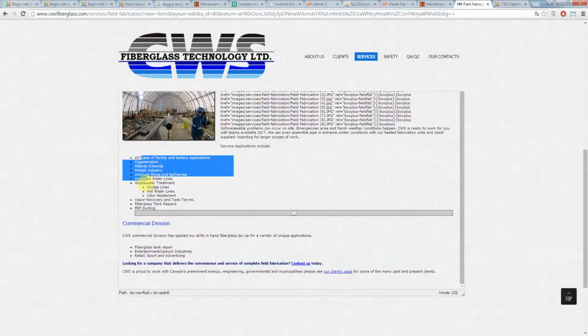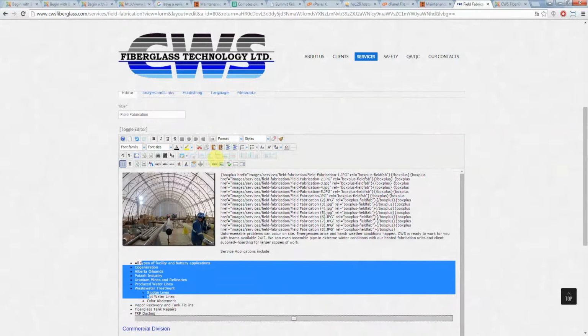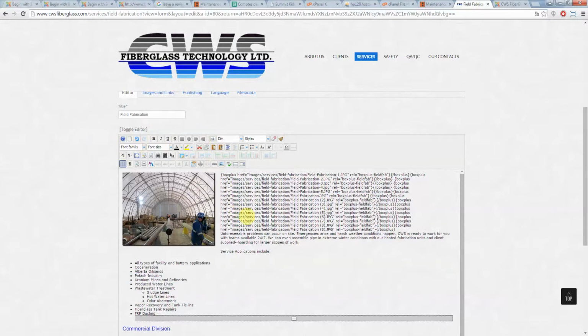Now we got a list, so it really looks like Word, a very simple Word editor. It's called JCE. It's very famous on Joomla, and you can do lots of stuff. So you can create a link, for example, to another page. You select what you want to transform into a link, click on the chain here,